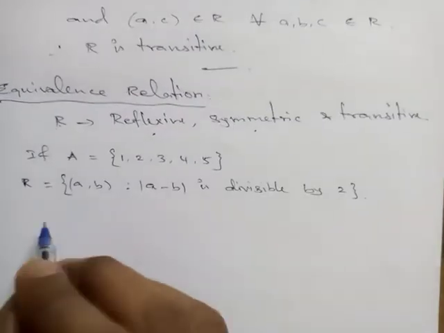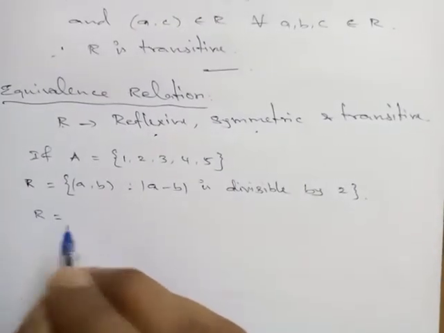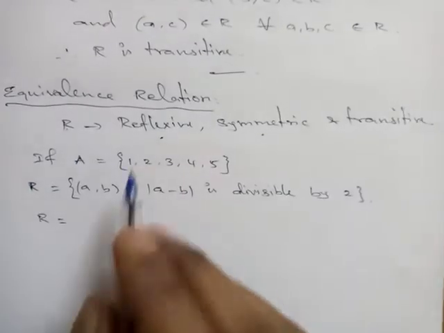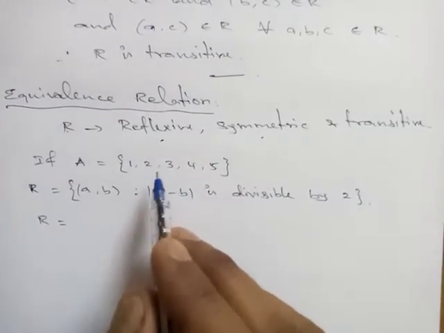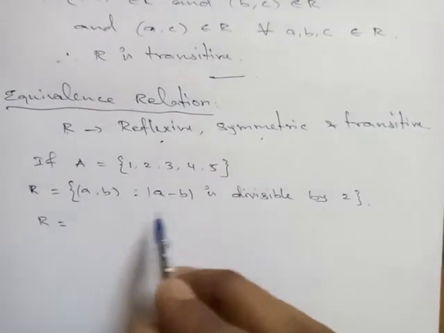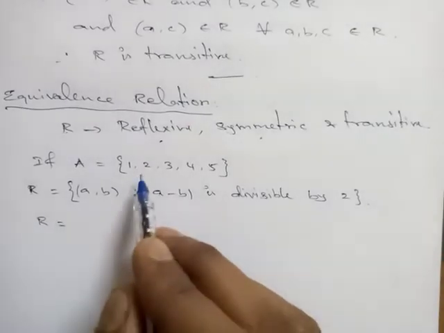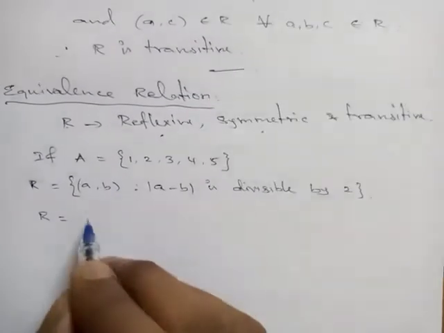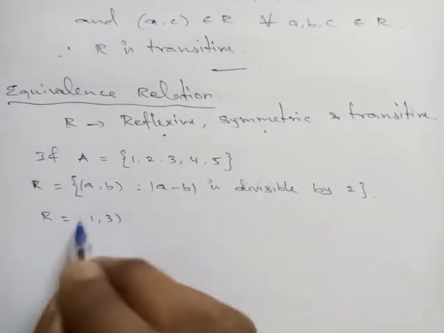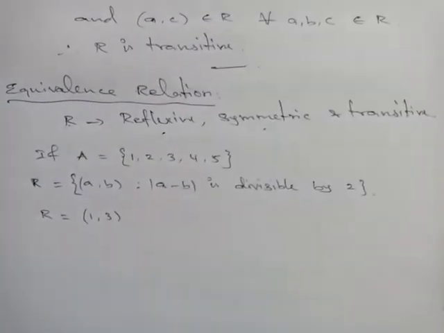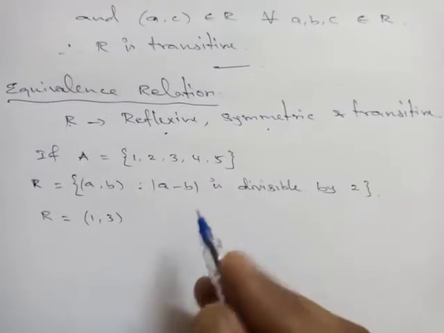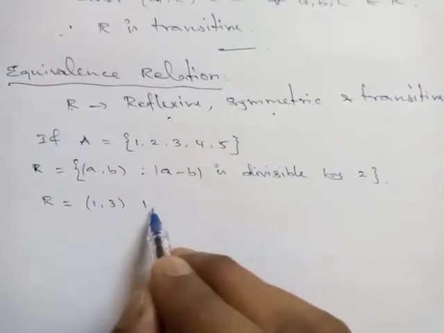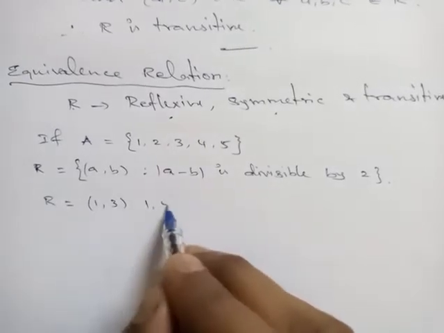Like that we have to take numbers. For example, so what are the numbers will come? 1 if you are taking means 3 we have to take, then only 1 minus 3 is minus 2. After taking this modulus, what we will get? 2, correct? So that 2 is divisible by 2. So that 1 comma 3 first number, first element. What will be the second? What's your idea? 1 comma 4 also we can write, right? Sorry, 1 comma 5 also we can write.